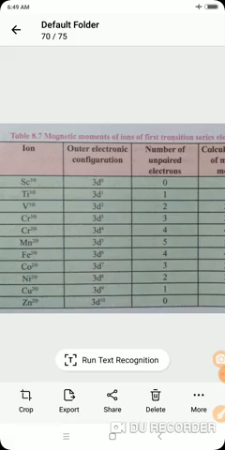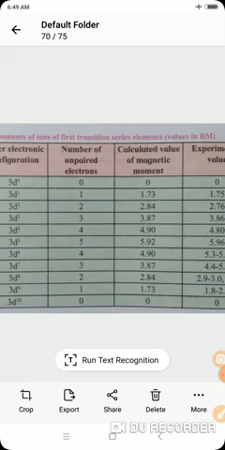Now see, the next ion, that is Ti3+, titanium. Ti is the symbol for titanium. As the charge is 3 positive, it also indicates that 3 electrons are removed. So its outer electronic configuration is 3d1, and as the d orbital contains 1 electron, the number of unpaired electrons is 1. So when there is 1 unpaired electron, its calculated magnetic moment is 1.73, and the experimental value is